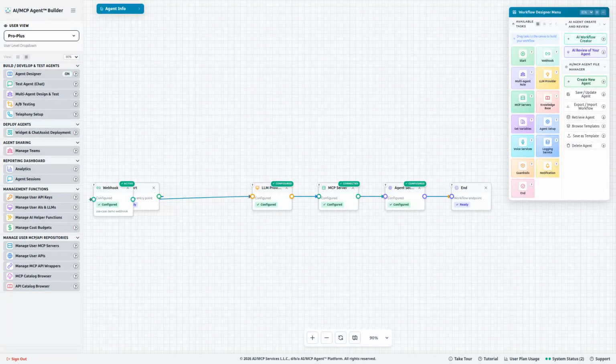And that's an agent that runs entirely on its own. No chat, no one at the keyboard, started automatically by another system, reaching into the real books with live tools and flagging exactly what a human needs to look at, all designed on one canvas without writing a line of